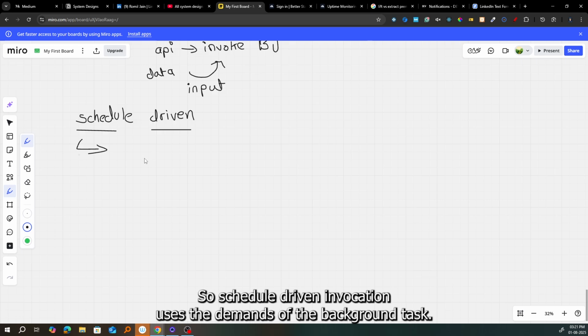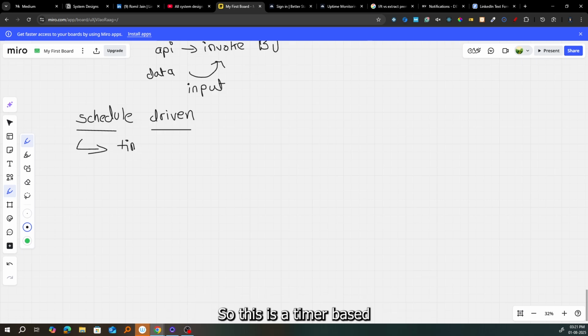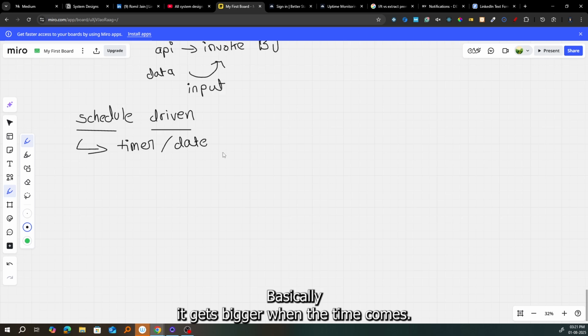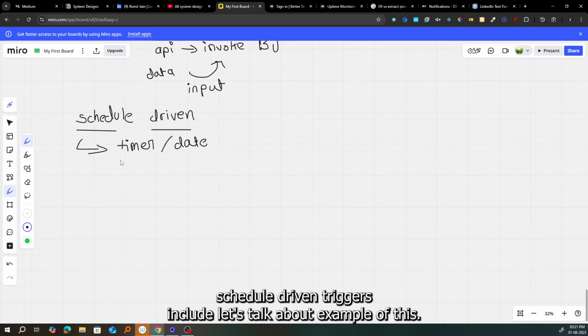Schedule-driven invocation uses a timer to start the background task. So this is timer based, or what you can say date based. Basically, it gets triggered when the time comes. Now, examples of schedule-driven triggers include